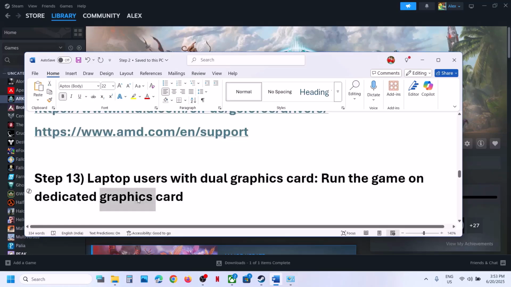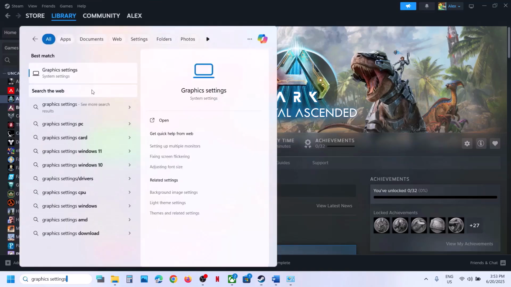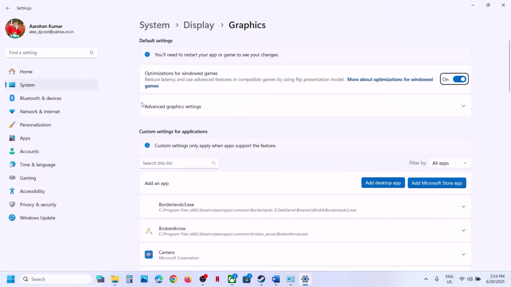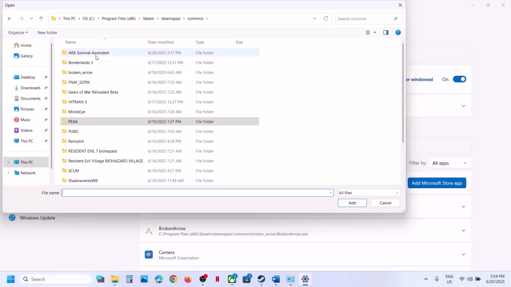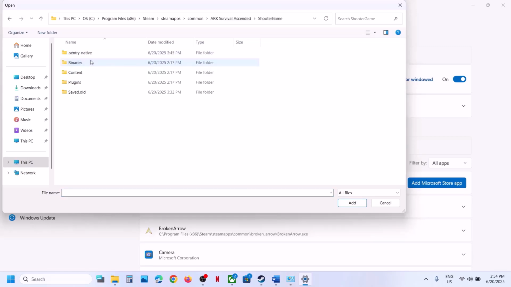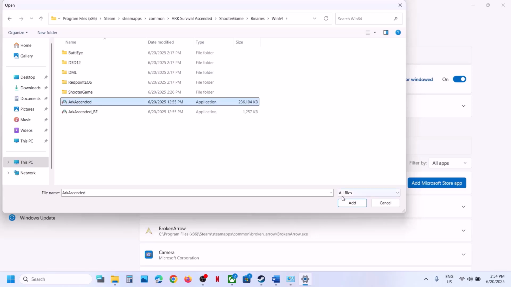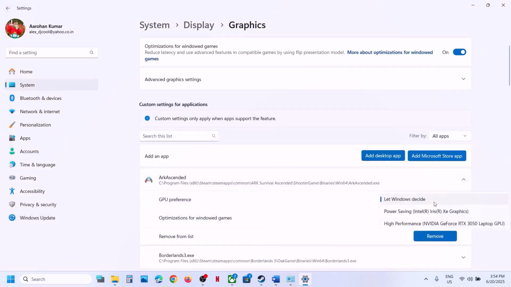Now for this, you can type in graphics settings in Windows search box and then click on graphics settings over here. And then click on add desktop app, and then go to the game installation folder, open the game folder, and then select the game exe file, and then click on add. Once the game is added, click on it and then select high performance over here, and then you can launch